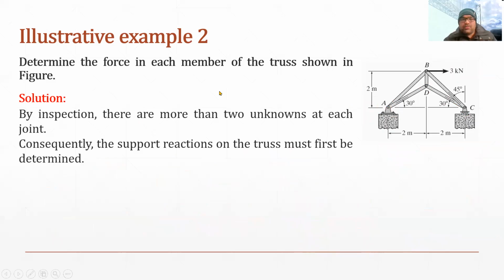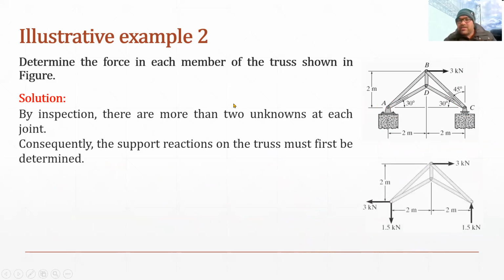So now I am showing fresh diagram. So in the fresh diagram with the correct notation of the force. So this is downward reaction and this is upward reaction. Their magnitude is same and horizontal reaction is 3 kilonewton. So now these three reactions are known. Now we can take one joint to find out the force in member. Now, which joint is to be taken?